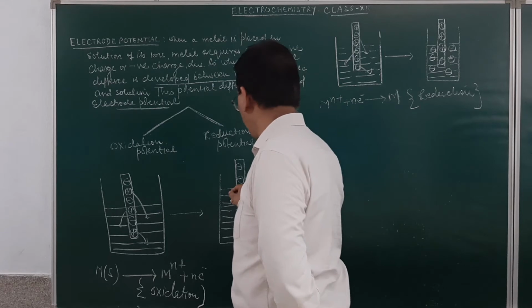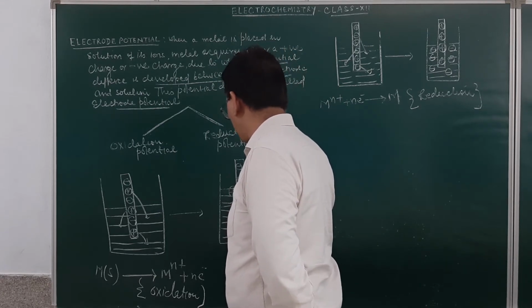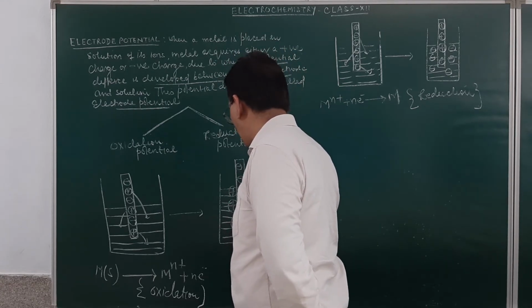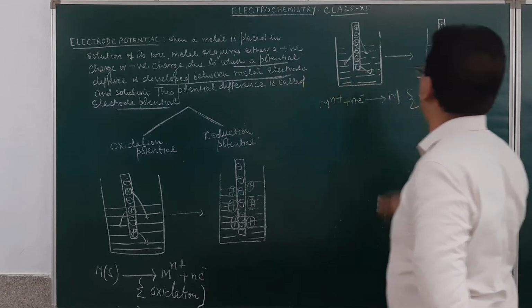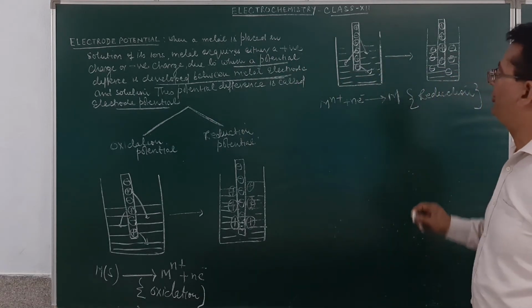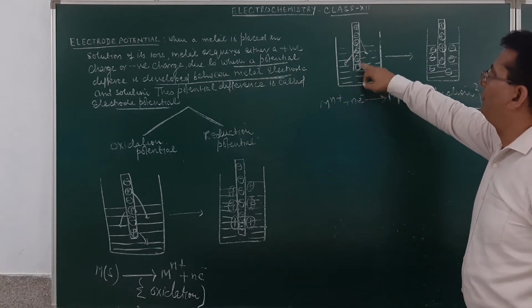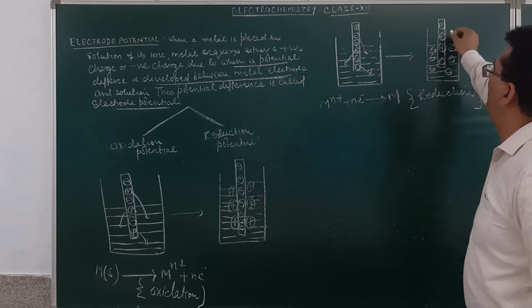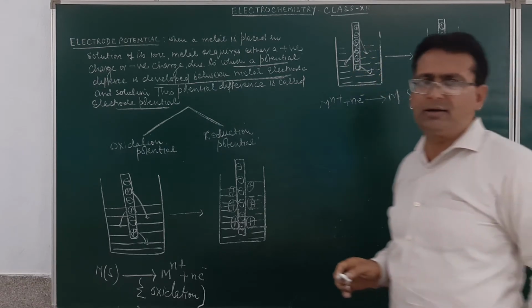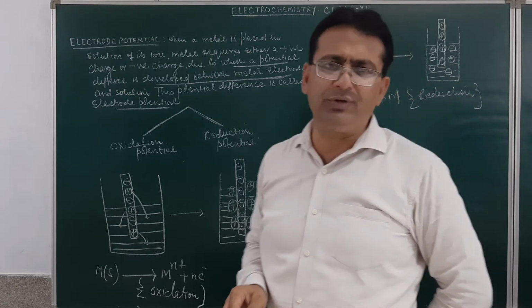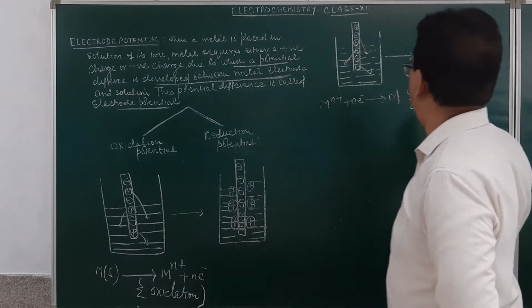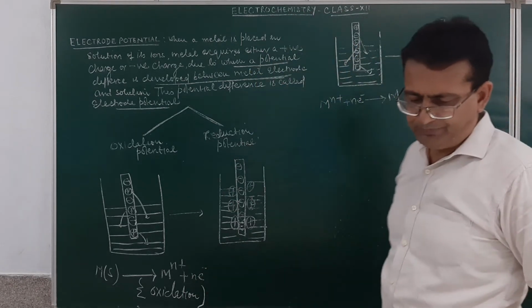Is it clear, student? So I think I am able to explain over here why the anode is a negative electrode and why the cathode is a positive electrode. When the electrode is a cathode, negative ions move into the solution, so it appears by the double layer that on the electrode only the positive charge is present. So that is why we say the cathode is a positive electrode.